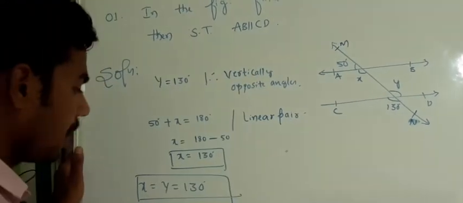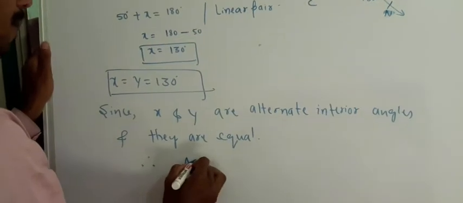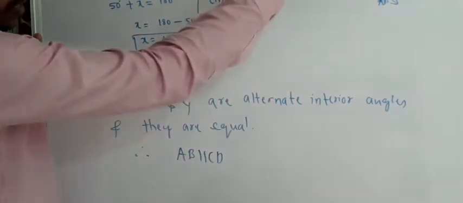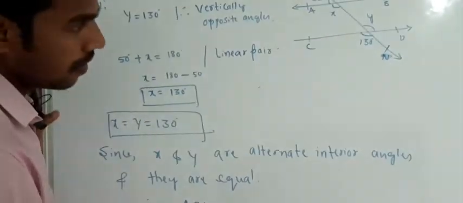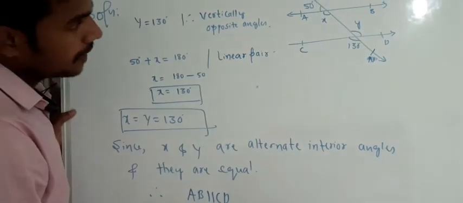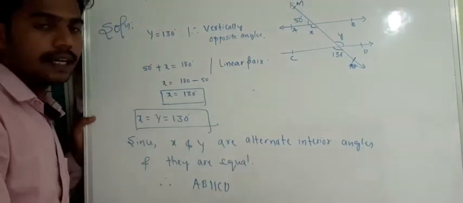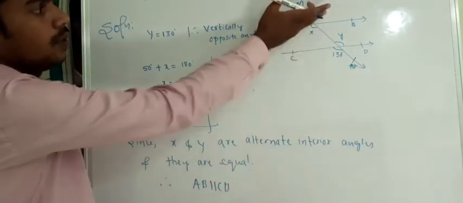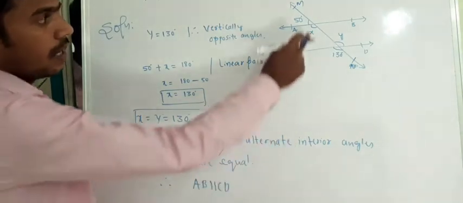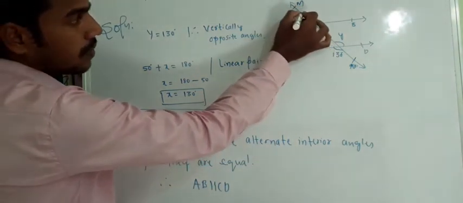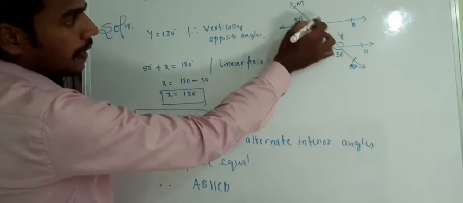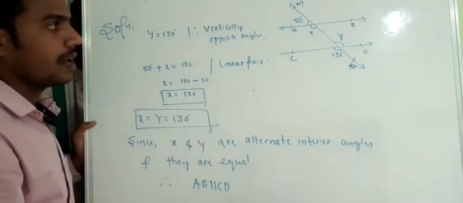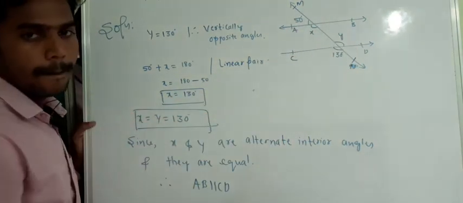So we make use of the same thing, then AB is parallel to CD, because if AB is parallel to CD, then x and y are equal, as x and y are alternate interior angles. That is the theorem. What is the converse of that theorem? If alternate interior angles are equal, then the two lines will be parallel, because this transversal line is intersecting these two lines, and the alternate interior angles are equal. At that condition, the two lines will be parallel. That's it.